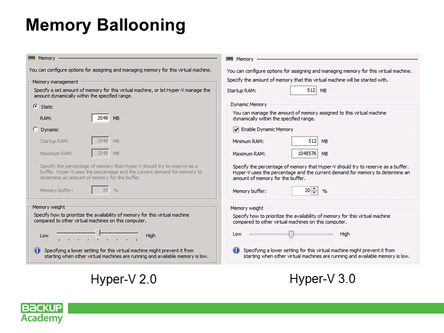But if you look over at Hyper-V 3.0, you can see that we've got some different options. We've still got startup RAM and maximum RAM, but we also have a minimum RAM option, and you can set the minimum RAM to be lower than the startup RAM so that Hyper-V is able to reclaim some of that memory that gets used when Windows is starting up within a virtual machine. So that's what memory ballooning looks like, especially with regard to the Hyper-V Manager interface and how you would implement